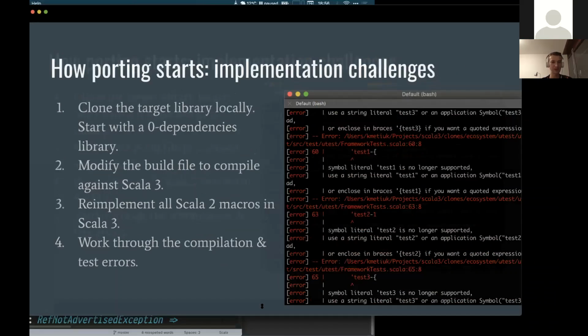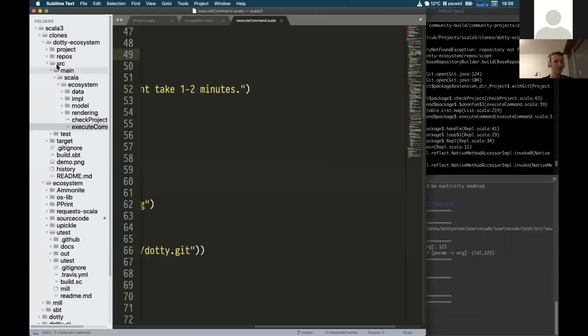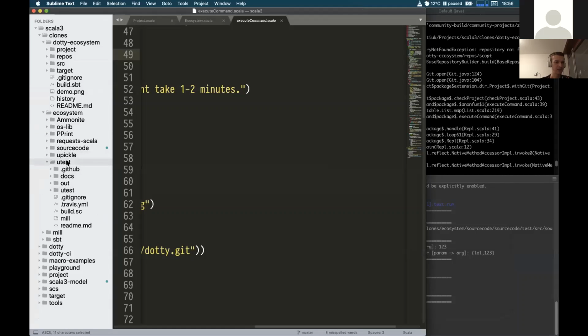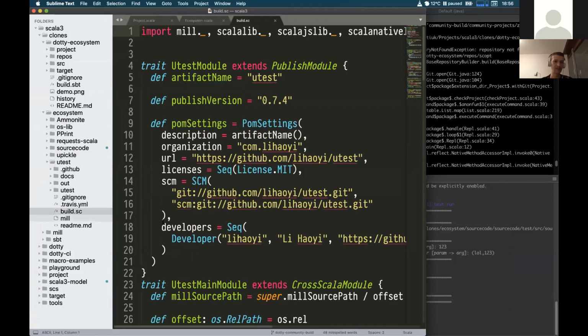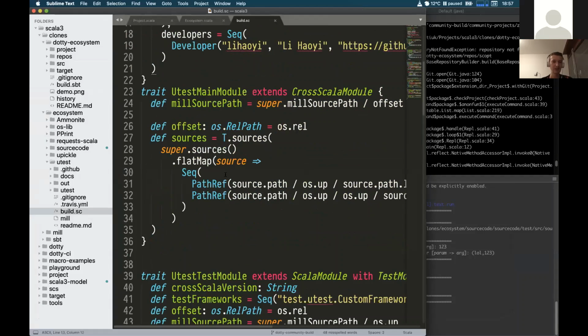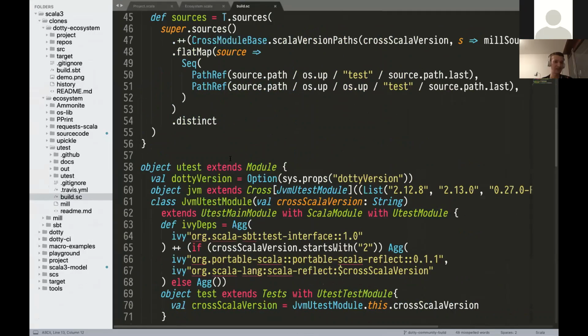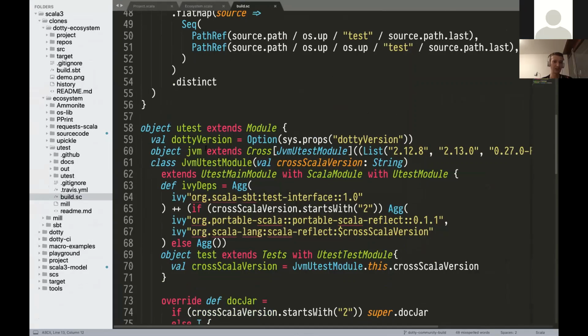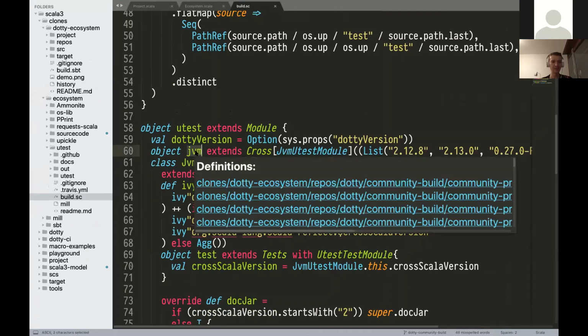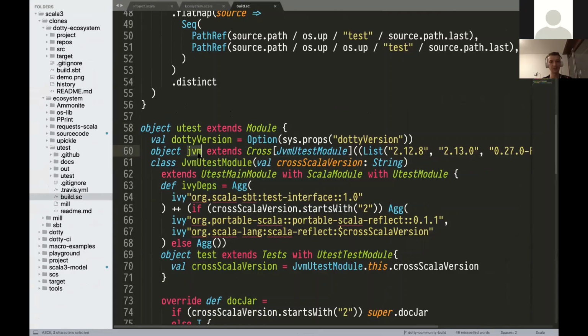So I may show you some live code that I have here. I have microtest over here, and this is its build file, build.sc. Mill has excellent support for Scala 3. The way we usually port, at least this was the pattern with all the Ammonite projects that I and other people in the community were porting so far, is we just locate the things that we want to port. For example, this microtest JVM module over here,